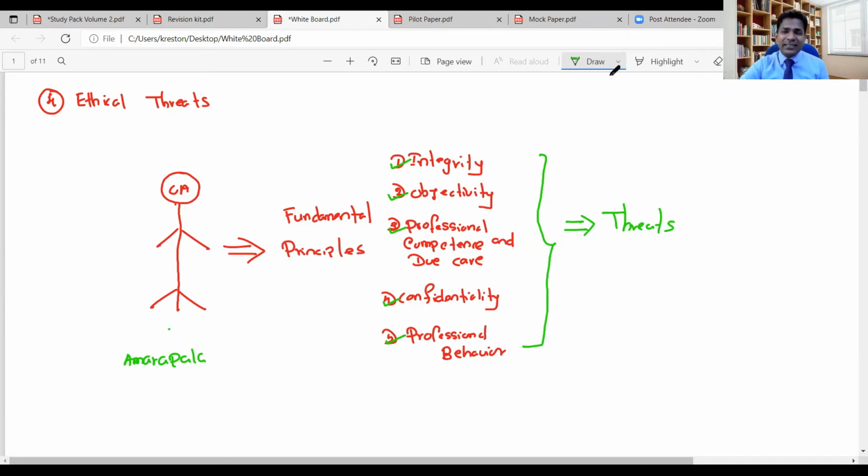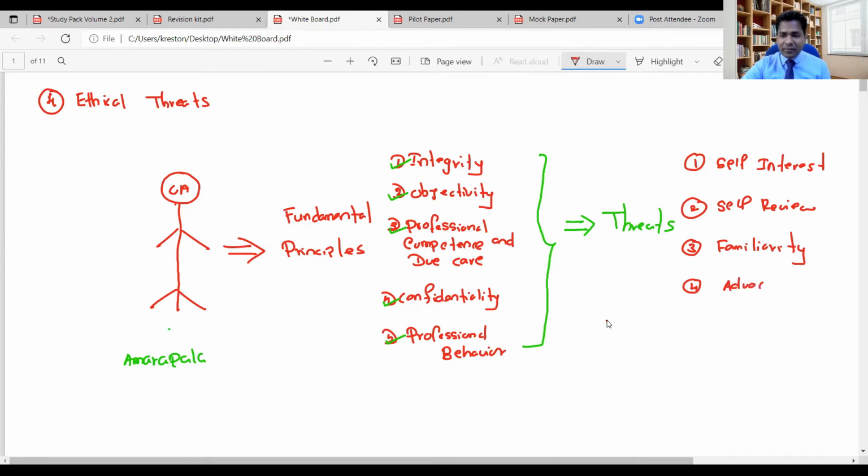One of the challenges we call, I'll explain one by one later, self-interest. Self-review, right? Familiarity, advocacy, and intimidation,